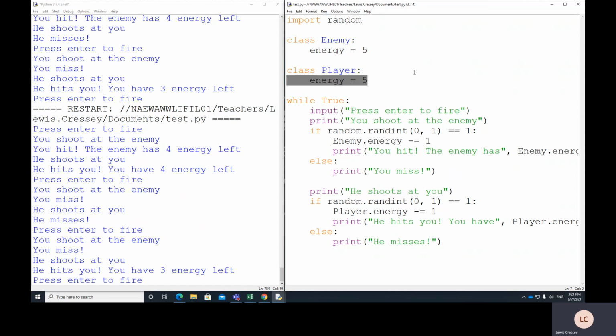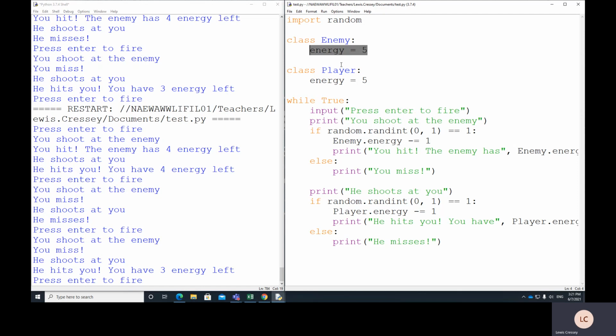Now, even though this is an improvement over what we had before, there still is quite a bit of repetition, because one thing is that enemy and player both have a value of energy, which is 5. So they actually contain exactly the same variables with exactly the same data. It's just that we need to keep track of them separately, right? So the enemy has their energy and the player has their energy, but they both do have a variable called energy, and in both cases it starts out at 5. So we can